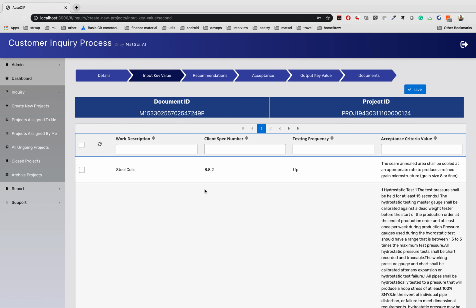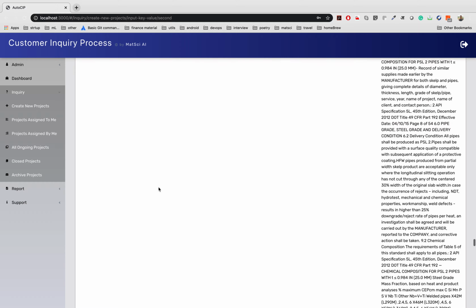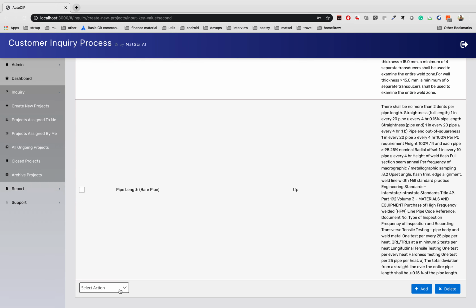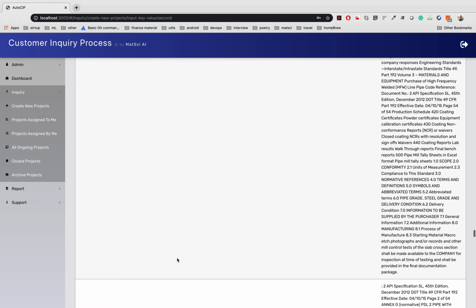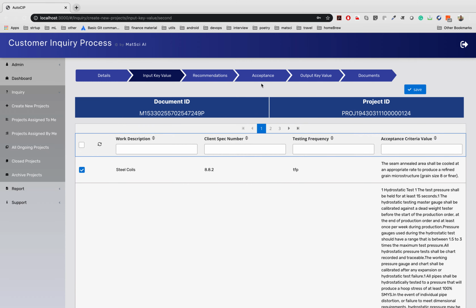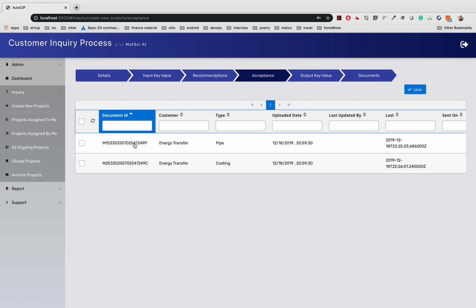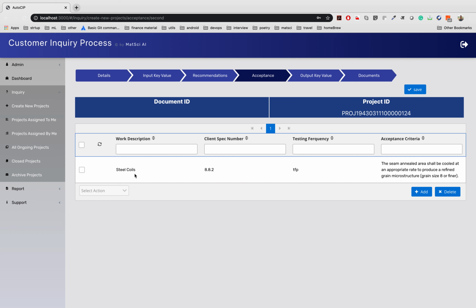So let's create a comment sheet for the pipe. At this point, when we have all the details, let's say for steel coils we accept the value which has been provided in the client specification. We select the steel coils and take the action that we accept this value. So select and send it to acceptance. After sending it to acceptance, we can see under the acceptance, under the pipe, that the steel coils values have been accepted. It means these values have been appended to our API values in the final ITP.